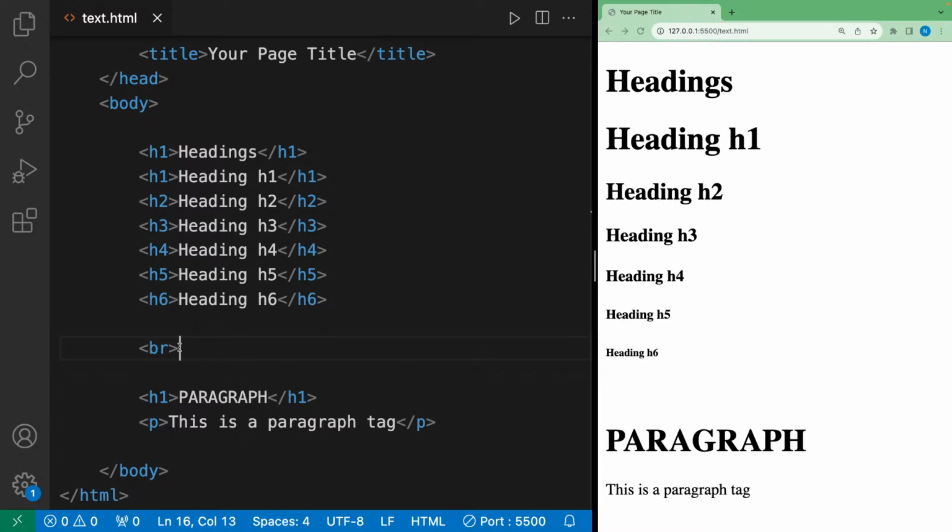It will be supported by all the previous HTML versions like HTML 1, 2, 3 and 5 also. So here I'm using HTML5. This is the latest HTML version. So after that,